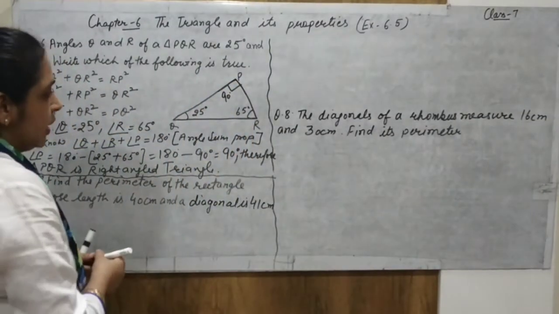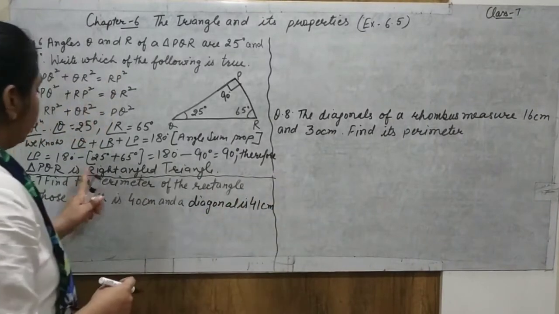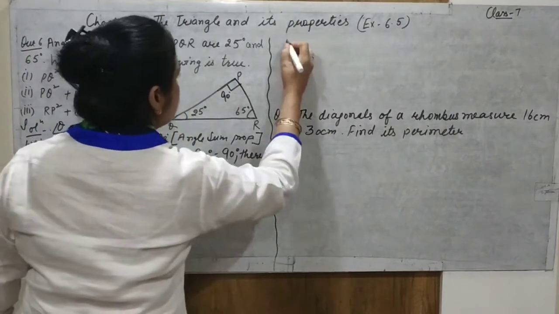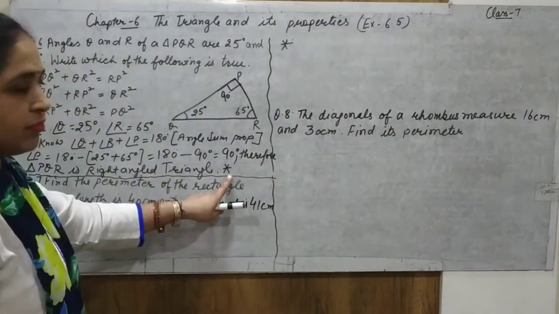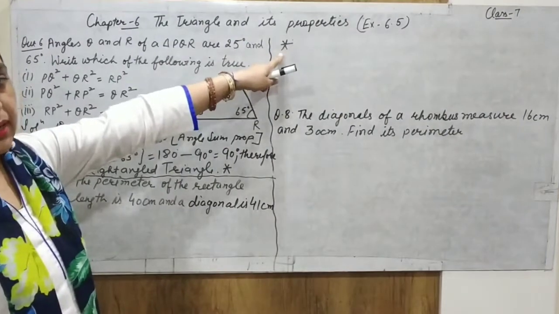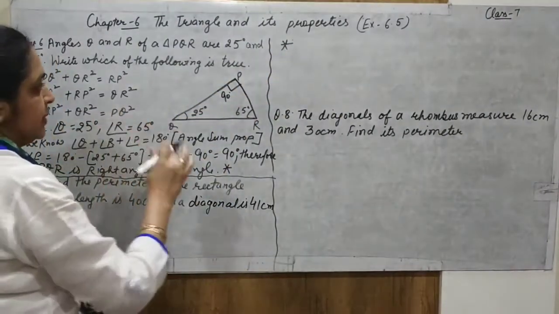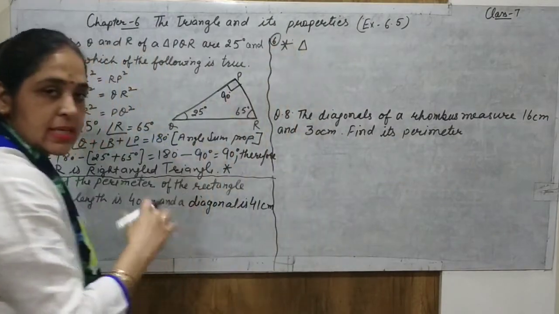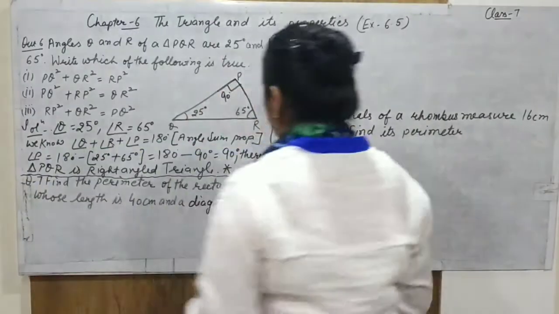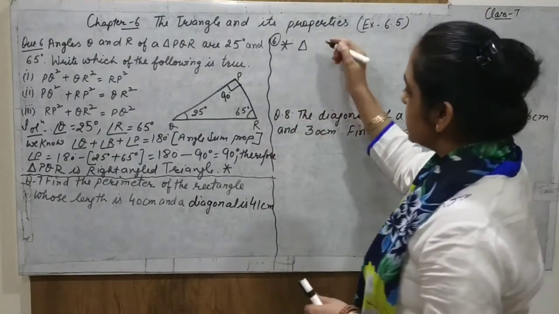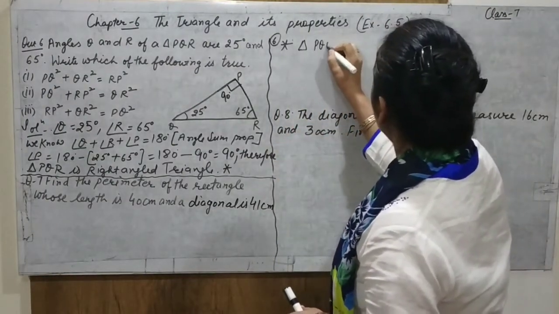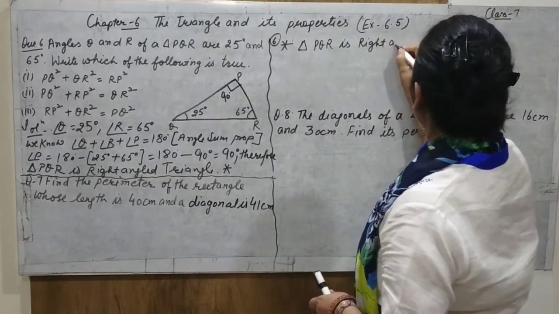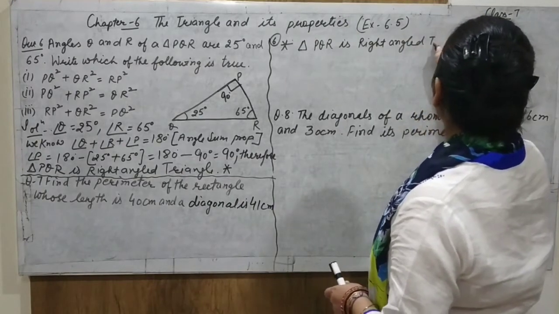I will give further understanding for this next. After this, I have put one star here and one star here. Understand from this. After this, I give you understanding at this place. Now, understand the concept. This is actually question 6, solution 6. Further, I give you at this place. Now see this one. As triangle PQR is a right angled triangle.